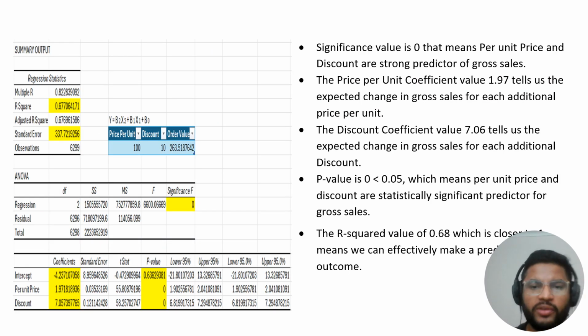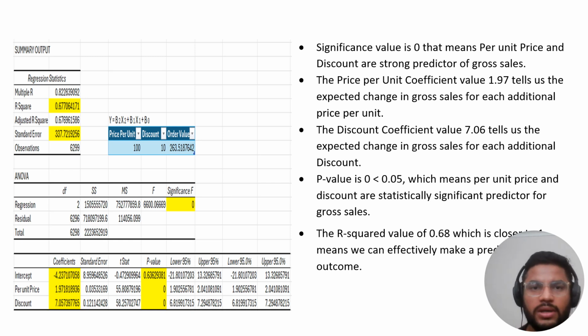On the left part of the slide, you can see a multi-regression model table which shows the important values we found: R square, standard error, intercept, price per unit, discount, and p-values. They are highlighted in yellow color. You can also see a blue table. The blue table shows the multi-regression model equation where Y means the dependent variable, which was gross sales, and we took the independent variables x1 and x2 as price per unit and discount because they were the deciding factors or